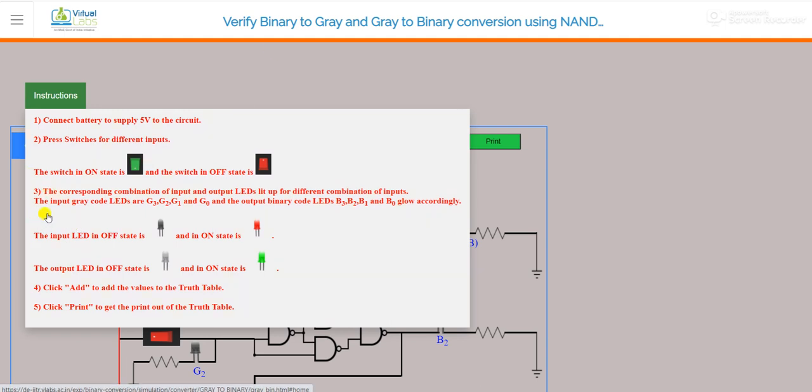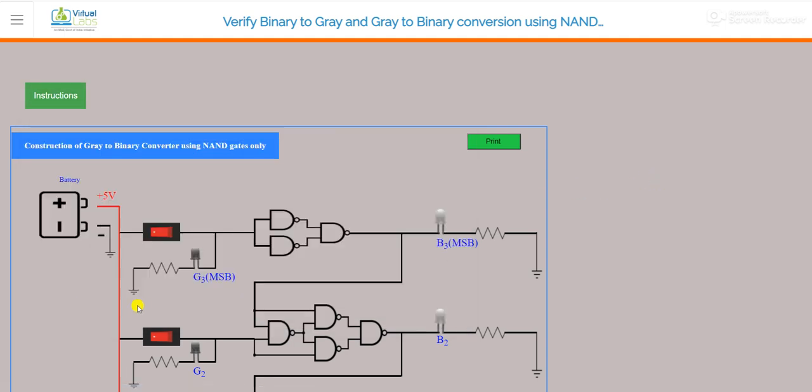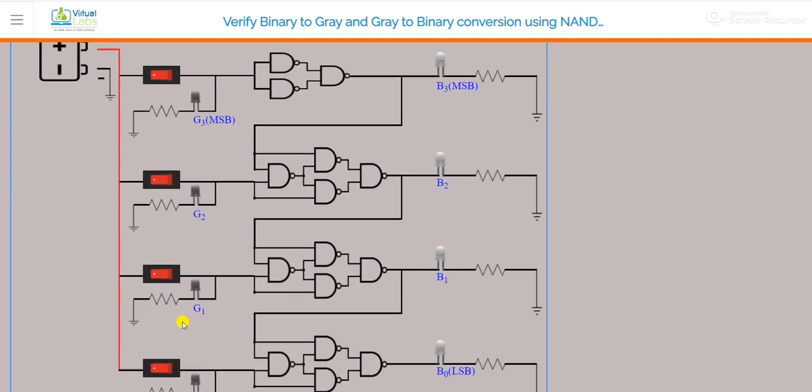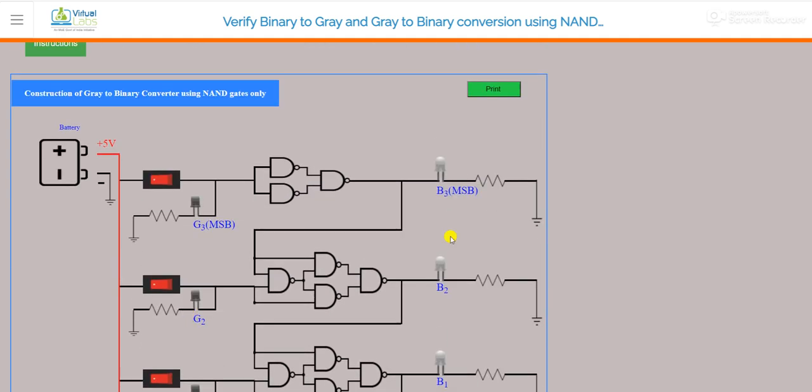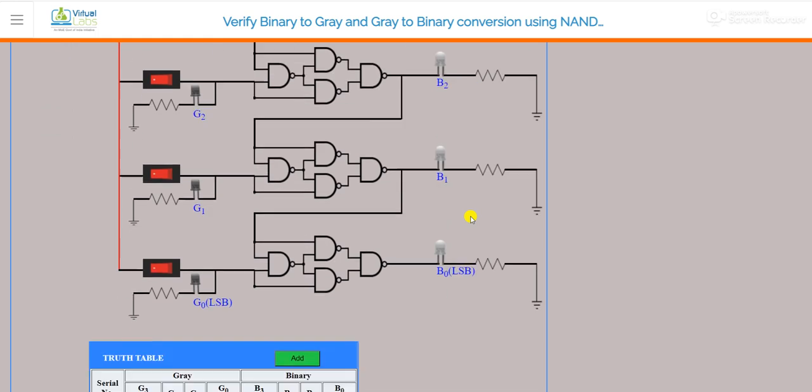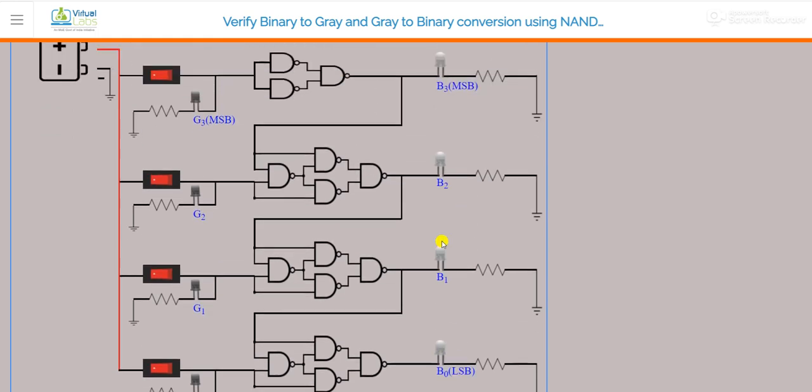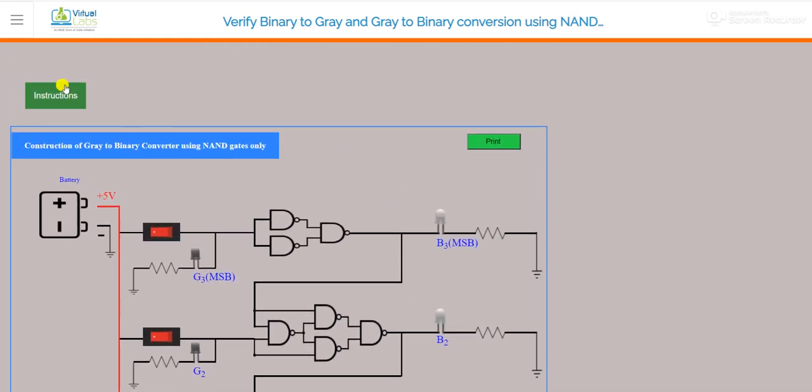Now, the input gray code LEDs are G3, G2, G1, G0, and the output binary codes are B3, B2, B1, and B0. So G3, G2, G1, G0 are for inputs, and B3, B2, B1, B0 are for outputs.